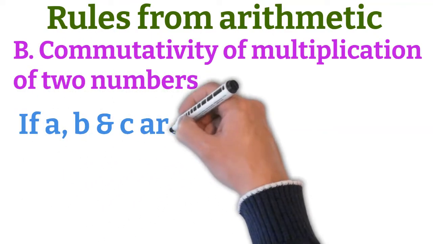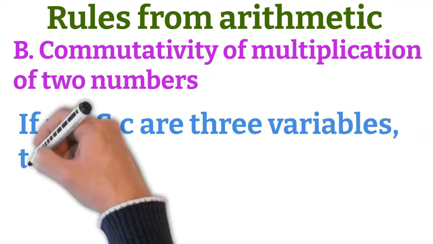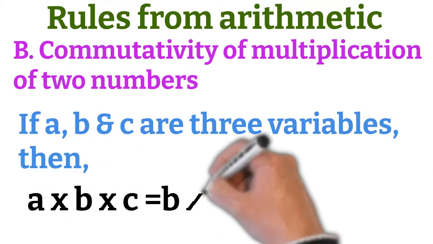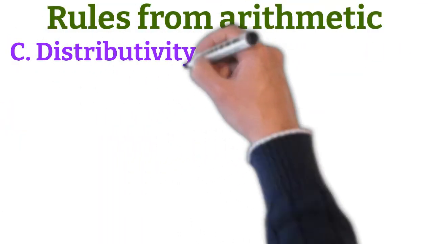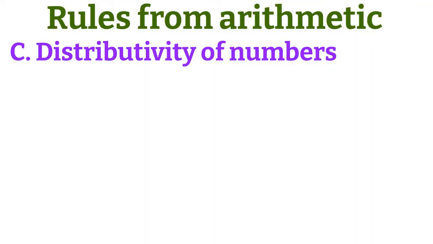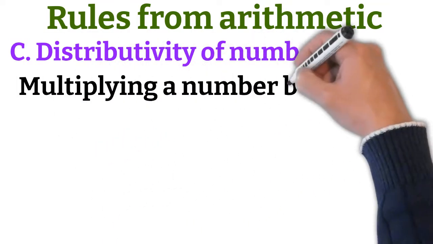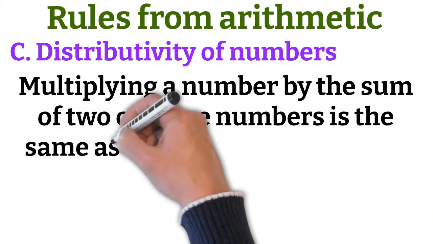Or if A, B and C are three variables, then A into B into C equal to B into C into A equal to C into A into B. Next is distributivity of numbers. The distributive property or distributivity law of multiplication says that multiplying a number by the sum of two or more